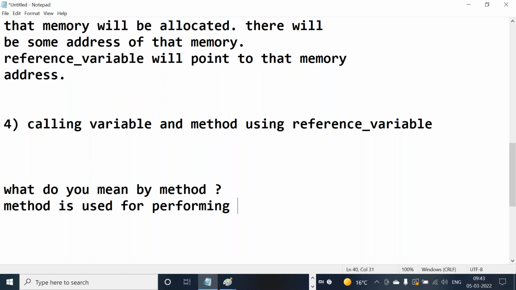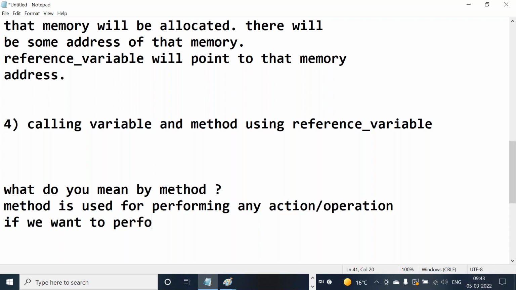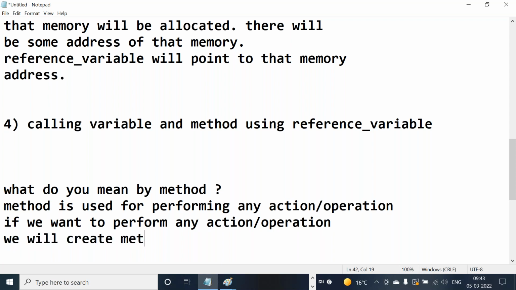No, method is used for performing any action or operation. If we want to perform any action or operation, what will we do? We will create a method for it. Right? Now,